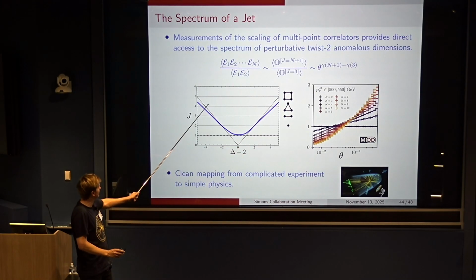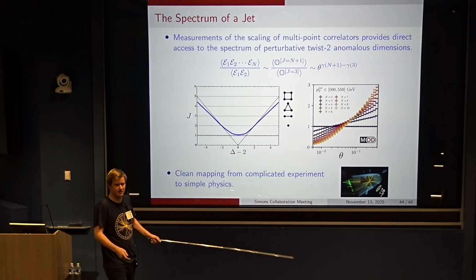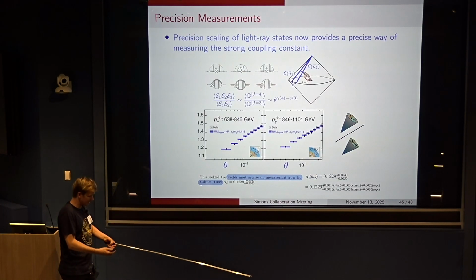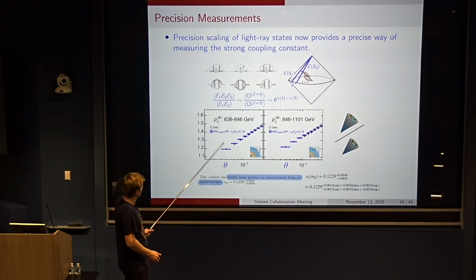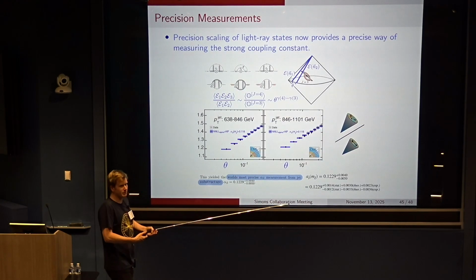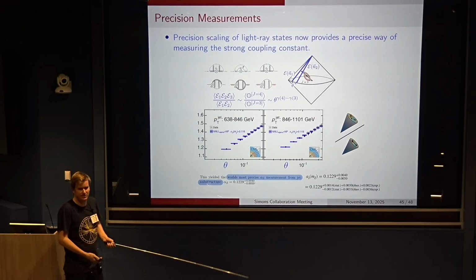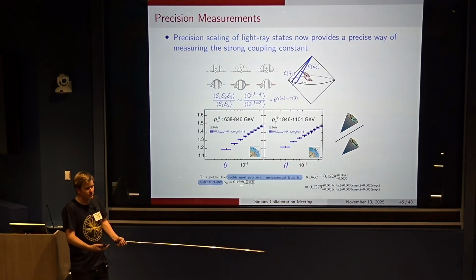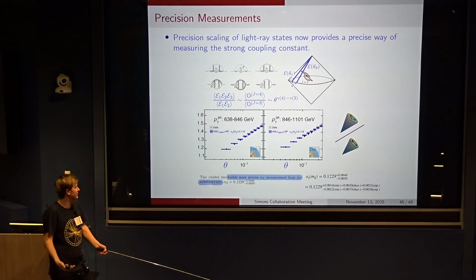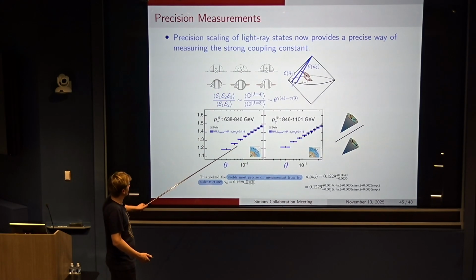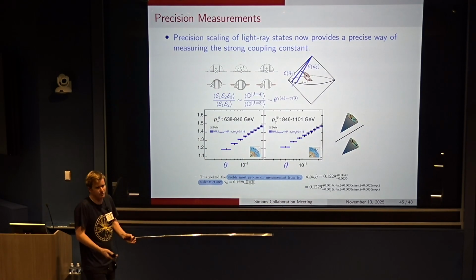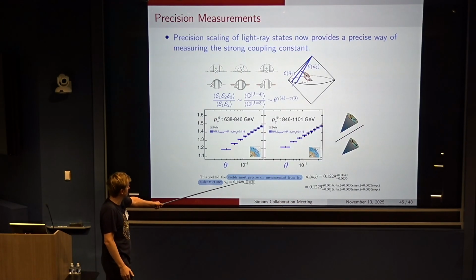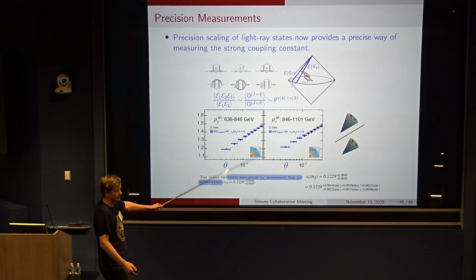And then ultimately, for each of these states, we can study its hadronization properties. And so for these, again, we can do quite nice theoretical calculations up to 3-loop order. But one thing which has been very satisfying is that by studying the precision scaling of these light-ray operators, it actually now provides one of the most precise ways of measuring the value of the strong coupling constant in these hadron colliders. And so because we have this scaling under such good control, and of course this is just proportional to the coupling of your theory, this gives the world's most precise value of the strong coupling constant from these jet substructure techniques.